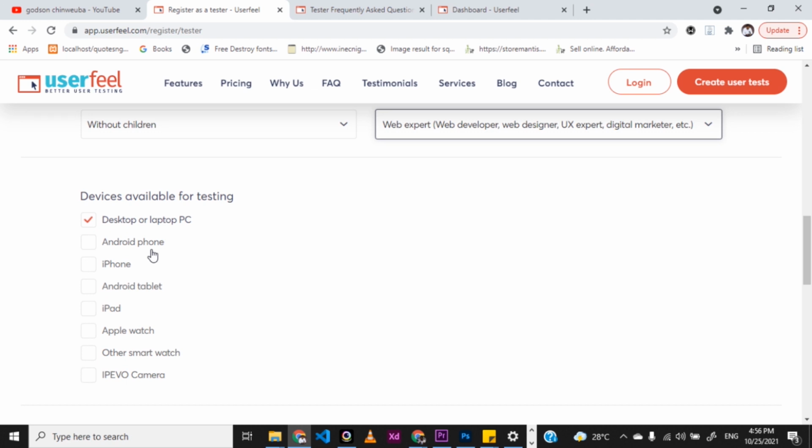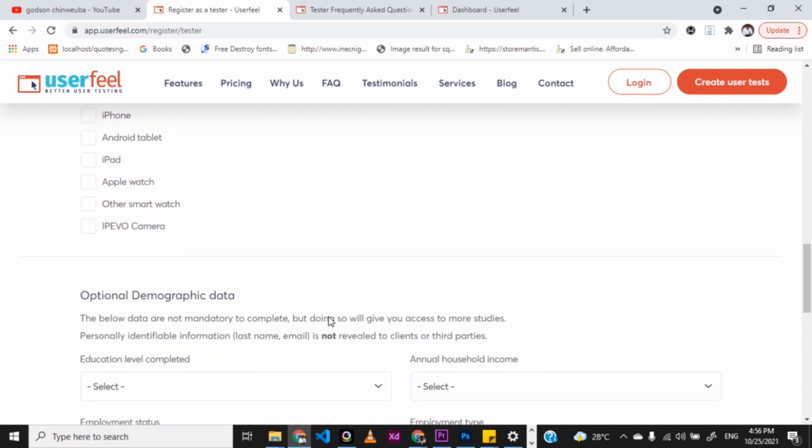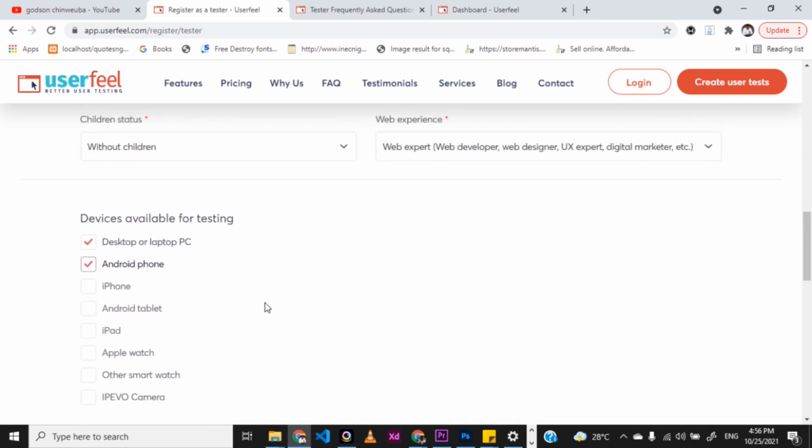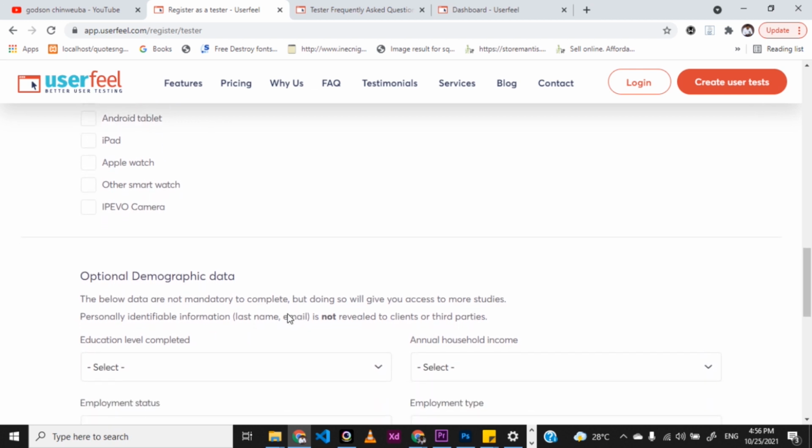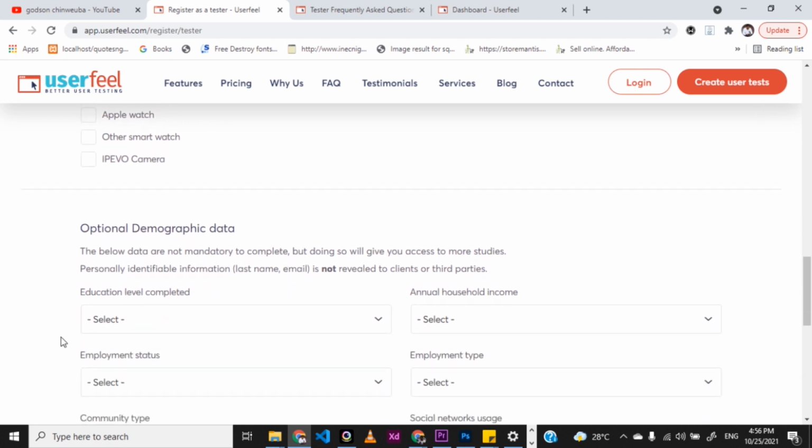Come to this section where you get to select if you're working with a PC or you're working with your Android phone or your iPhone or whatever. You can set up or select all the ones you're using right here. Okay, for me, I'm using just these two for now. Okay, those are the devices I want to use this on. So the next thing I want to select or set up here is the